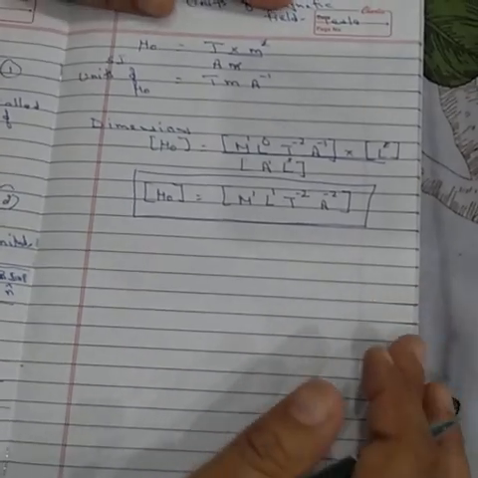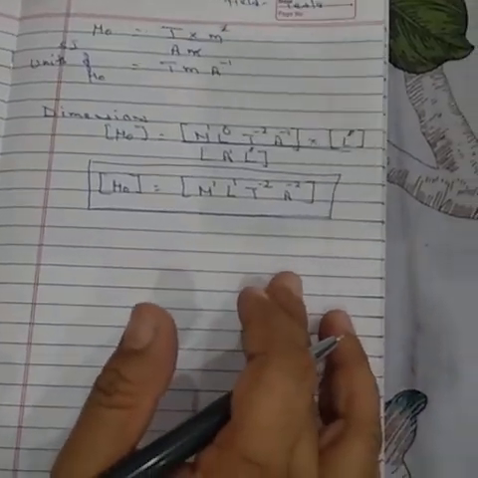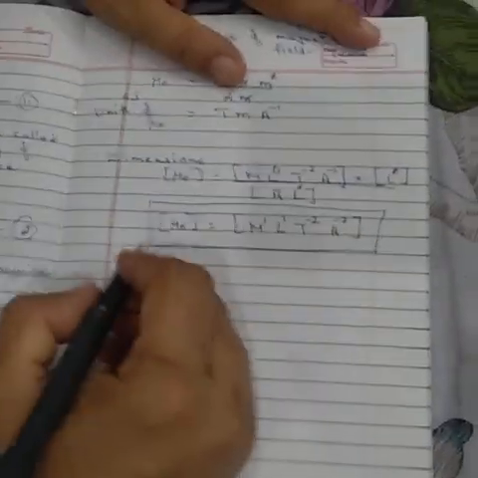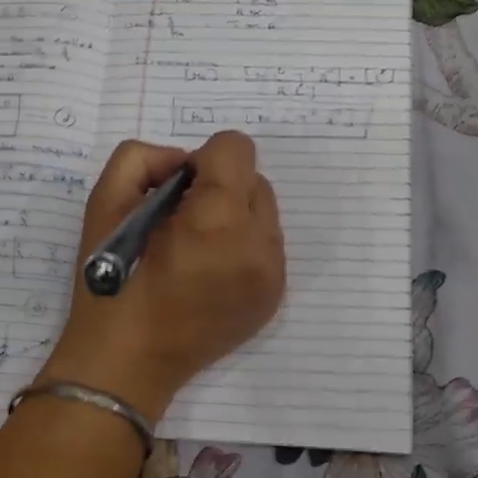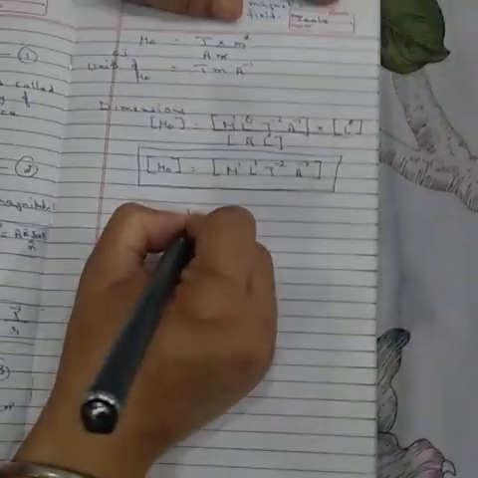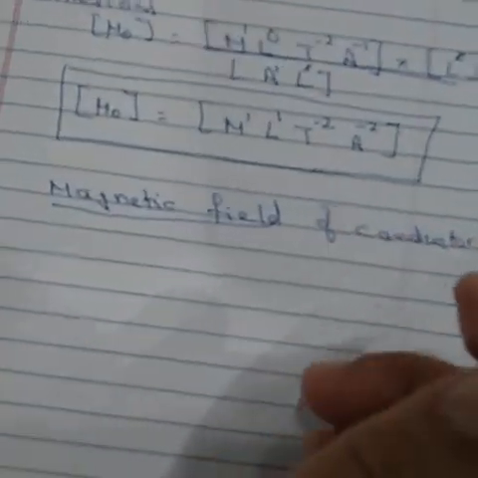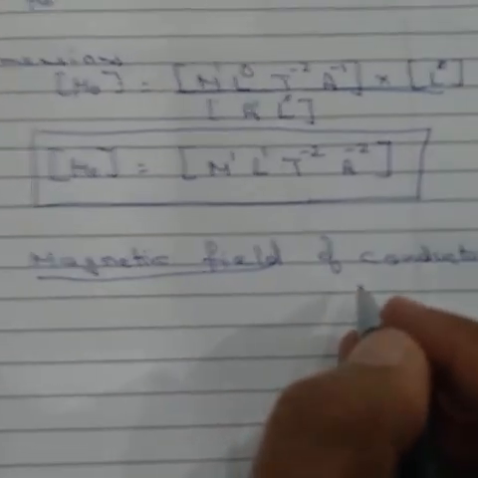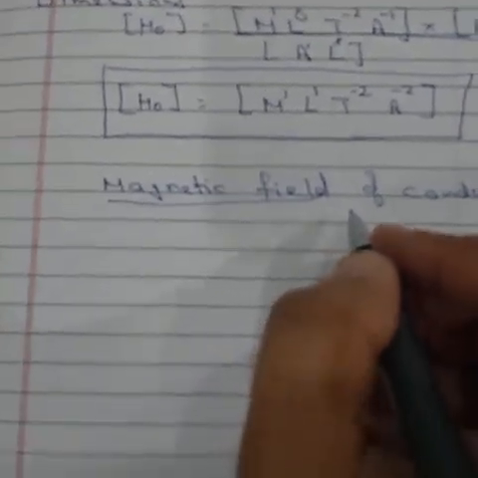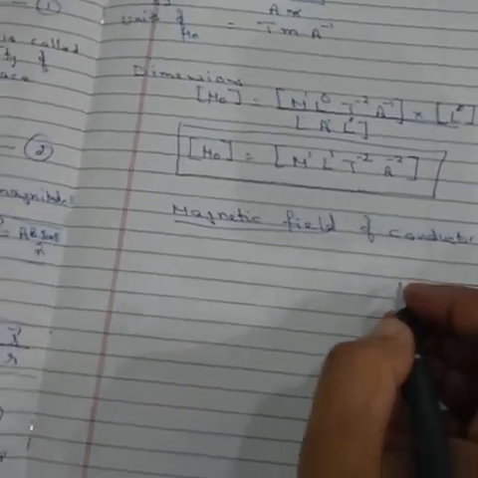Is that clear? So this is called Biot-Savart's law. It helps us to find the magnetic field. When we get the magnetic field due to a small current element, we can integrate that and we will get the magnetic field due to the whole of the conductor. So this is a very important part of magnetostatics, Biot-Savart's law, which gives us the magnetic field produced due to a current flowing in a current carrying conductor.